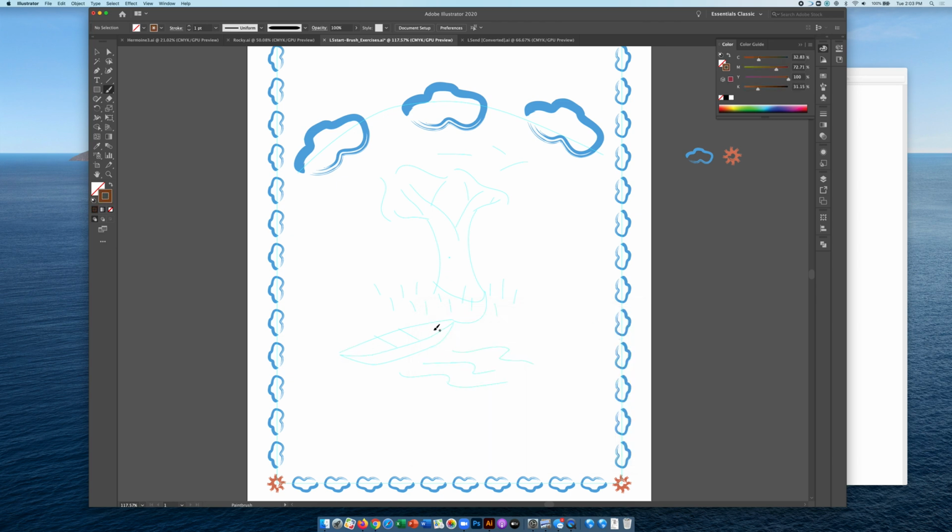Okay, so to fill this side of the boat, I would actually have to make a line that goes all the way along this edge and then back. Okay, not bad, not great. And then I could put a fill on that. Though one thing I'll point out, the paintbrush may be more difficult to use with precision than the pen tool,